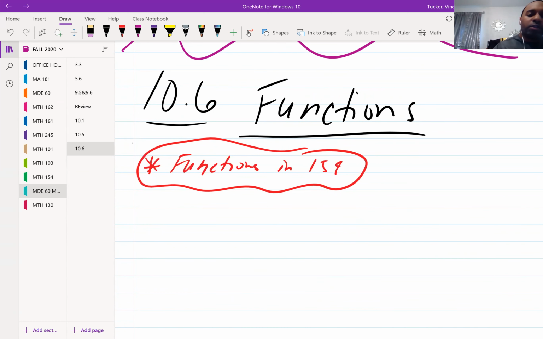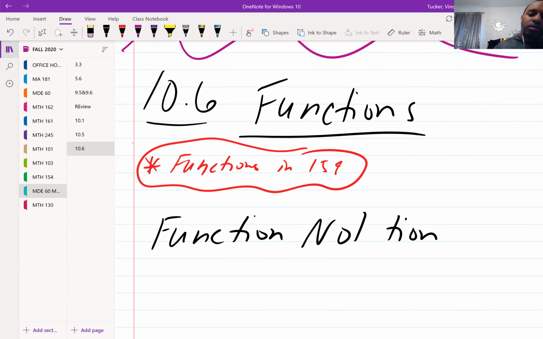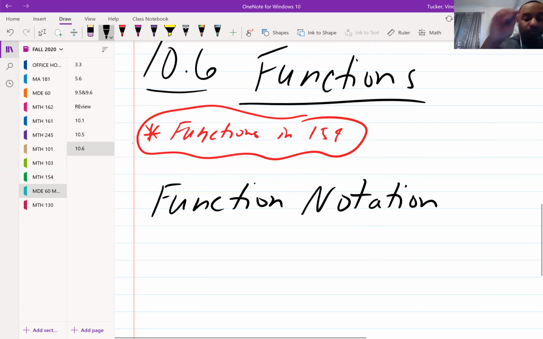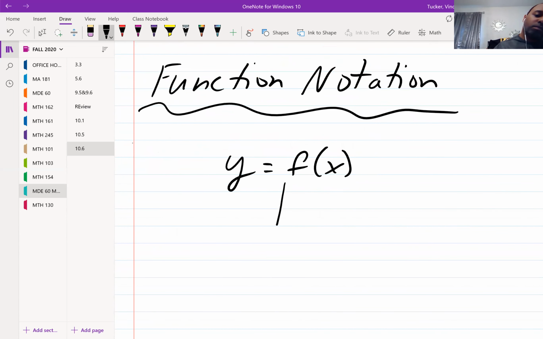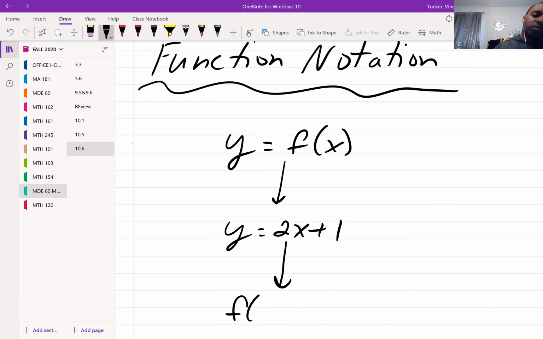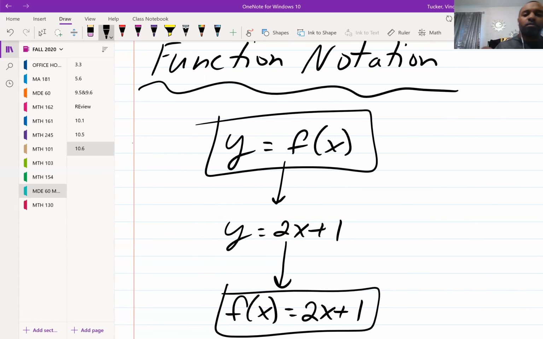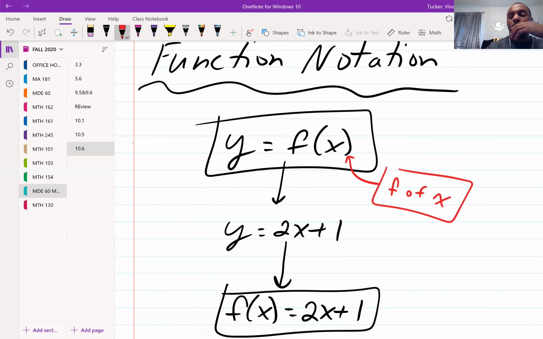So let's look at function notation to close this out. All right, so function notation